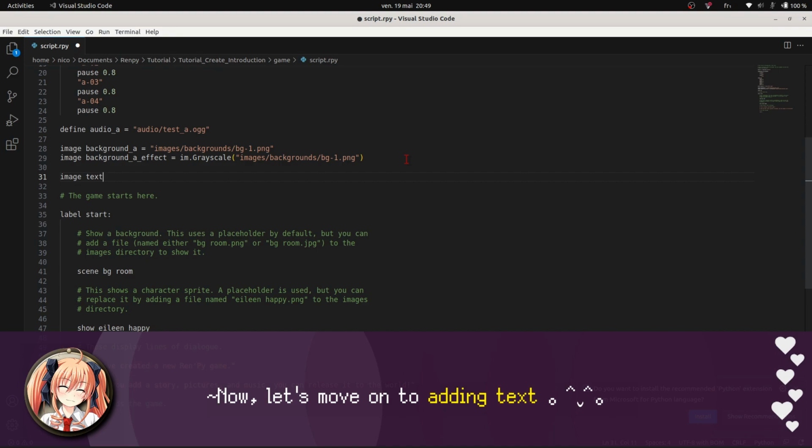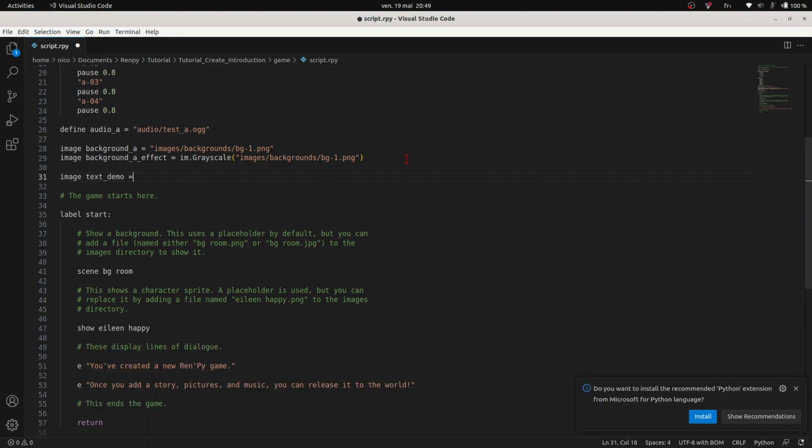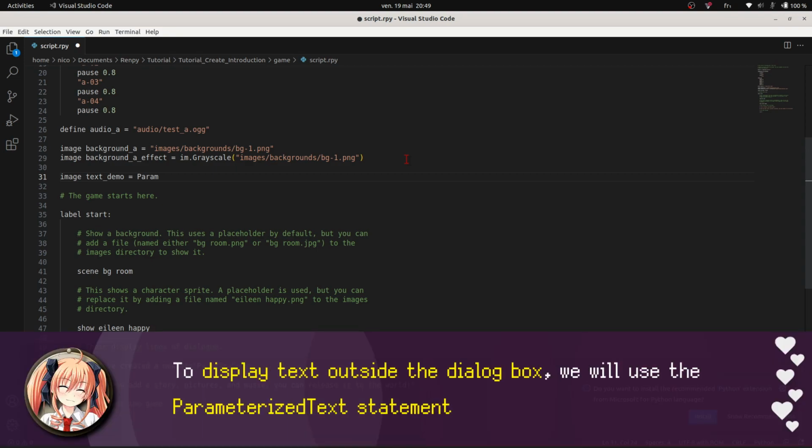Now, let's move on to adding text. To display text outside the dialog box, we will use the parameterized text statement.